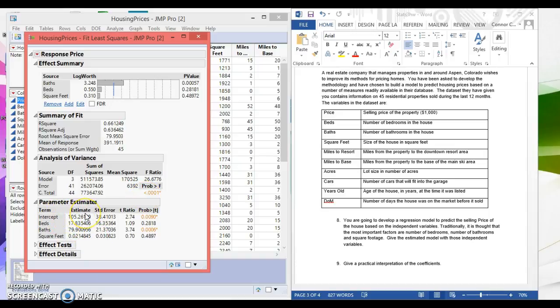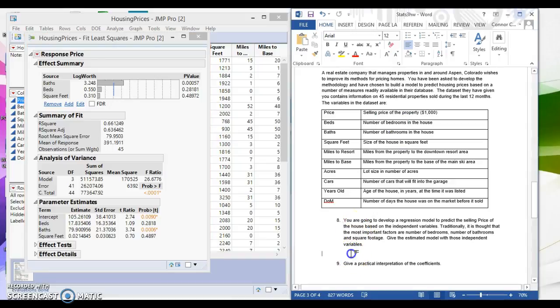So on this it's important to remember that the selling price is expressed in thousands. So what you would have for your model, you'd have price in thousands of dollars equals, so your intercept 105. I'm not sure how many decimal places Dr. Shiflett wants you to round to, but I'm just going to do 2. So 105.26, and that's just your intercept, my bad, plus 17.84